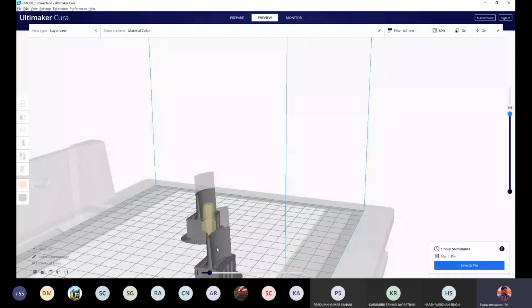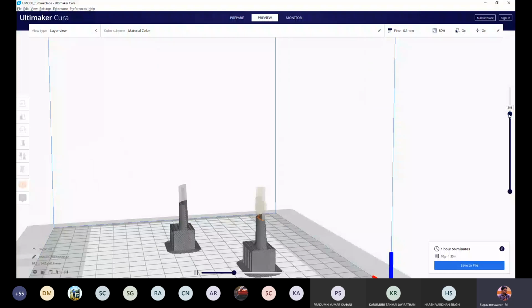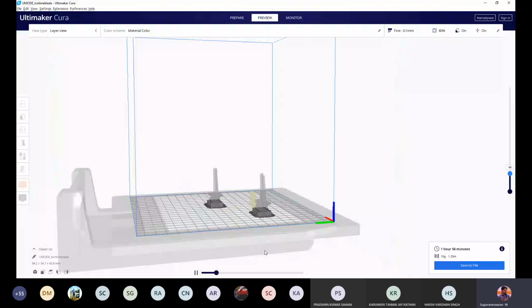One layer you can see. Now, if you drag down, go to slice. If you drag down further, it will deposit both support and material. You can see it from the model. Now it is printing support, black color material, because until this region you require a support.